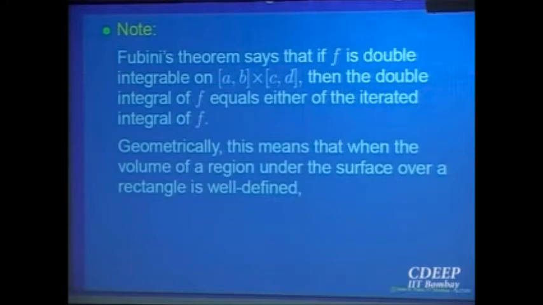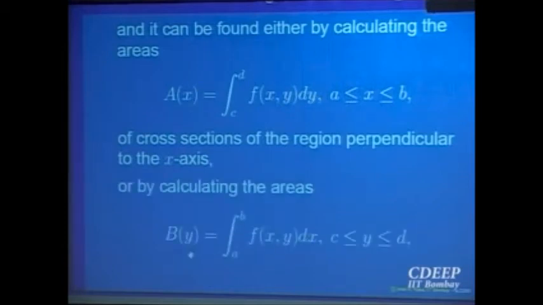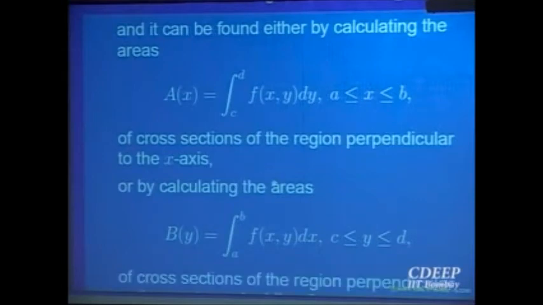You can take the volume of each page and add it up. Essentially that is what you are doing, right? When you are integrating one variable at a time, you are finding the volume of each sheet and adding it up. So it can be found. Either you integrate the variable y first and then integrate the other, or the other way around. Both will give you the same result when you sum it up.